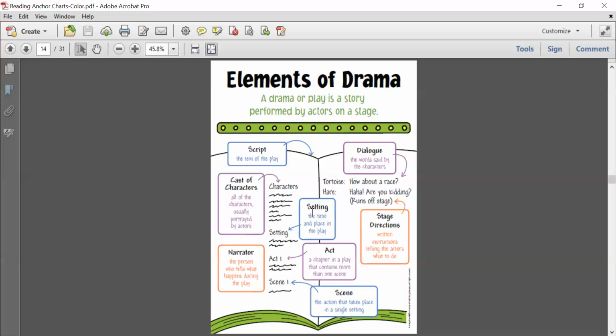Another difference between a book and a drama is that the setting is usually told to us directly instead of implied in books. Usually in books they maybe describe the setting, and then that's how you're able to tell where it takes place. And then maybe the author will describe the clothes that the characters wear, or the way that they talk, or certain aspects of the setting, and that's how you figure out the time it took place, by using all those clues to figure out when it took place.